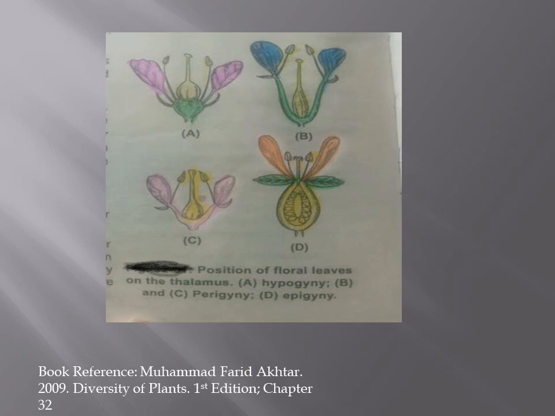So these are all important terminologies one must understand before starting the families, because my next videos will be on the different families of the plants. They are dicot families and monocot families. So terminologies of the flower, of the stamens or the androecium are very important, because they are the important characteristics on the basis of which we can classify the plants.